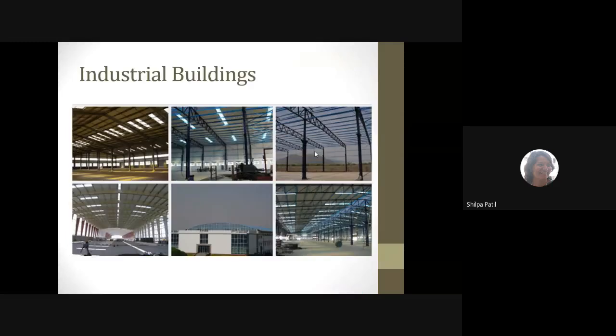Now this gives us the industrial buildings. This is the building, how it looks from the outer side, but when you go into the interior part of the structure, it will look like this. So you can see here a large open space is available for working. This is possible because of the steel structure only, because we are putting a truss. You can see here, these are the trusses which are supported on the columns, and the large open space is available for the work.